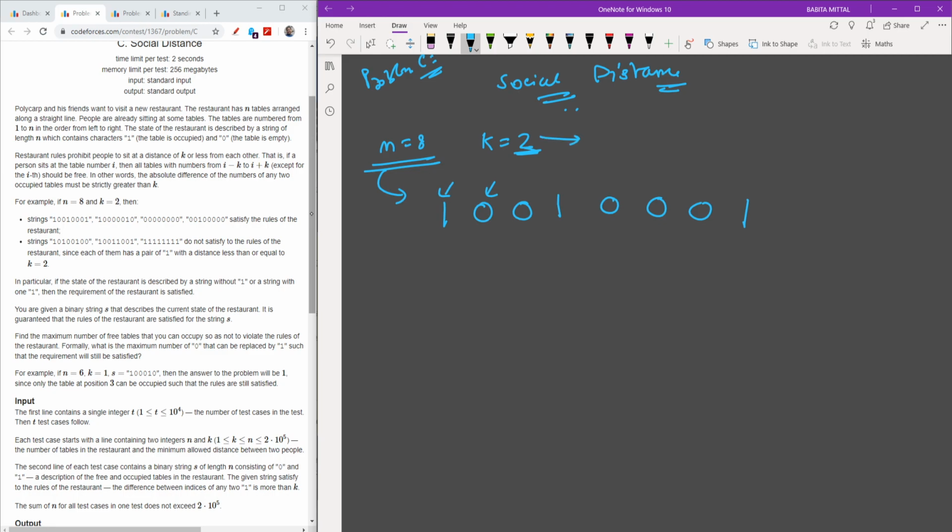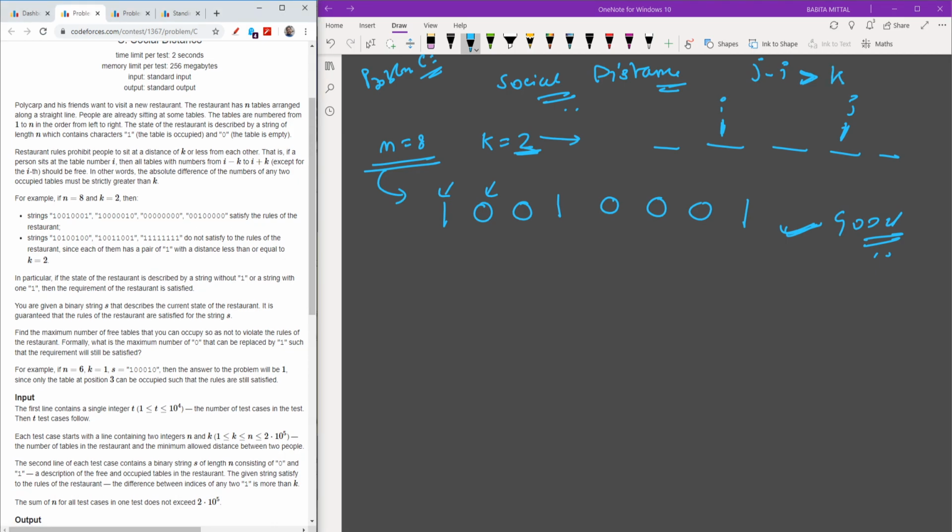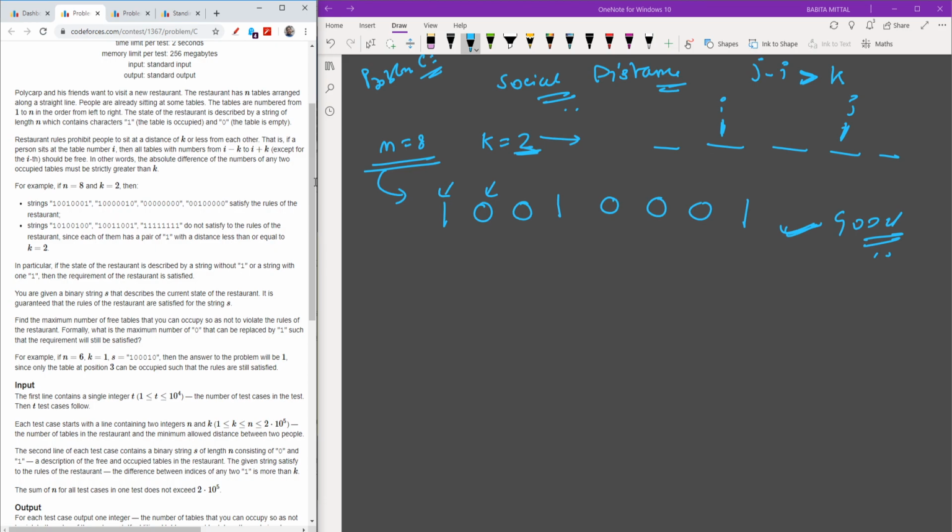Suppose I have places like this, and this one is occupied and that one is occupied. For our string to be good, for occupied positions i and j, j minus i should be more than k.